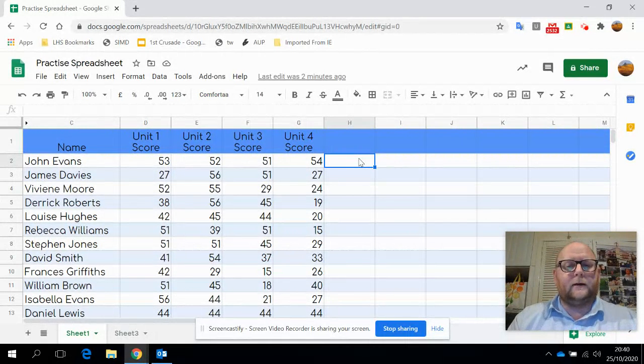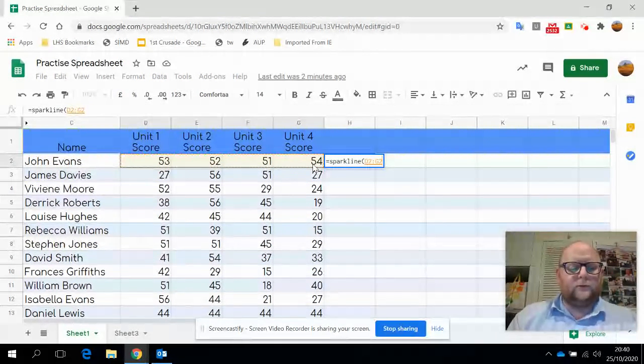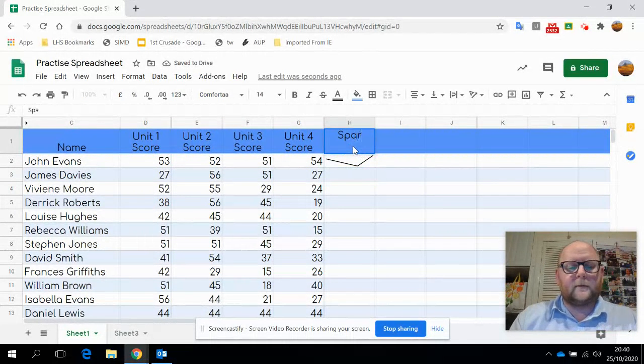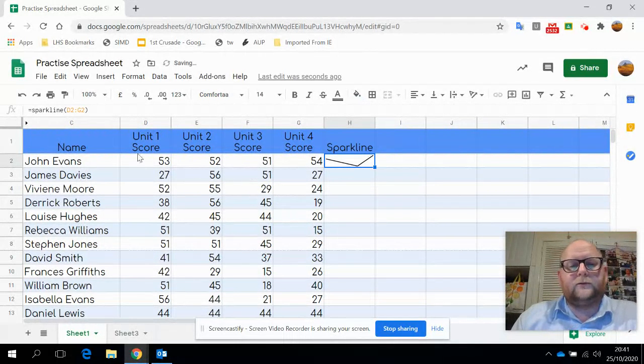So if you click into a cell and put equals, then Sparkline, and then add the brackets, and then just highlight those and put that in, what it does is it gives you a neat little graph that you can see what's been going on. So you can see here that this particular student had a dip towards the middle,